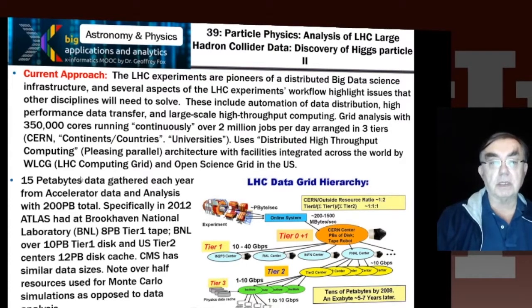So this now goes into a little more detail on the actual analysis. We have to analyze this data. That's done through one of the major resources, the LHC grid, which has 350,000 cores running and 2 million jobs per day. The LHC analysis is organized into these three tiers, which are basically CERN as tier